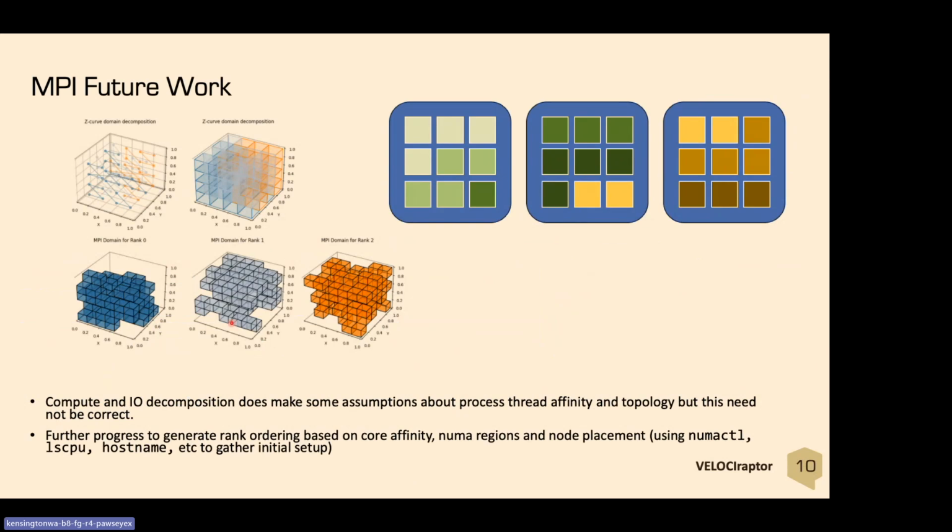So I'll go to future work. All of this decomposition in I/O and the load balancing and everything else still assumes that there's some sensible ordering to the default comm world rank. So if I grab the default comm world rank, I'm assuming that it goes 1, 2, 3, 4, 5, 6, etc. And that there's some sensibility for the thread affinity, that if I'm doing multiple threaded, let's say I do only 3 ranks,